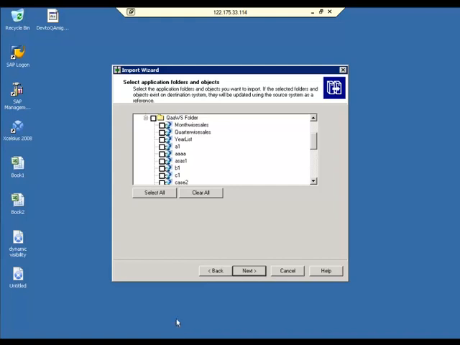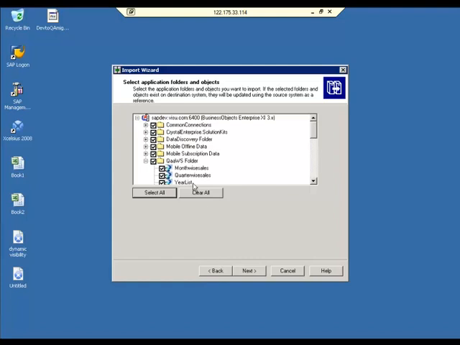Got it. Okay. In the next step, you're moving Xcelsius dashboards, Crystal reports as well as WebI reports. Xcelsius has a spreadsheet as well as Quas connections. Spreadsheets have live office connections. That's why I'm moving live Excel sheets as well as Quas connections. Crystal has Crystal connections. That's why I'm moving Crystal connections.